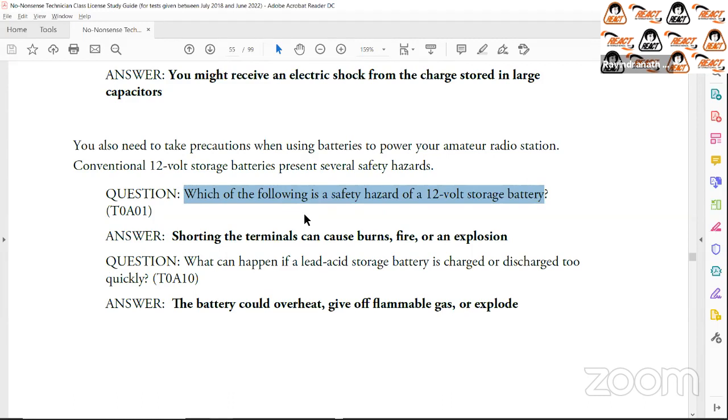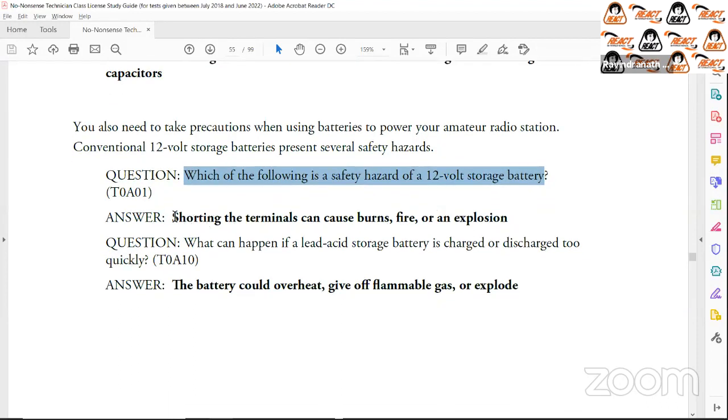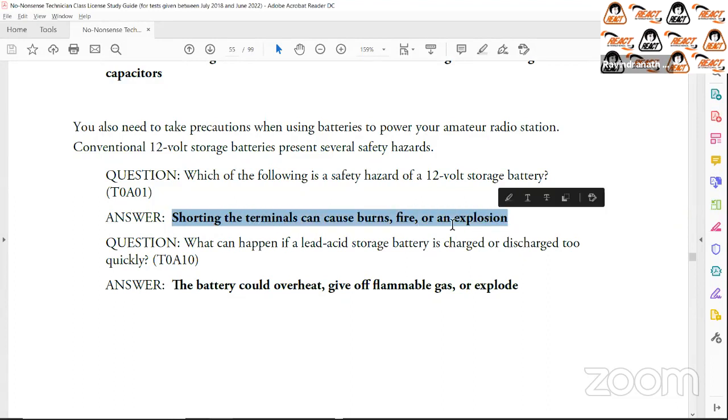Which of the following is a safety hazard of a 12-volt storage battery? So that's like a battery in your car, for instance. That's what a 12-volt storage battery is. Amateur radio operators use batteries similar to that. What's a safety hazard? Well, if you short the terminals, meaning the positive and the negative terminal of the battery,